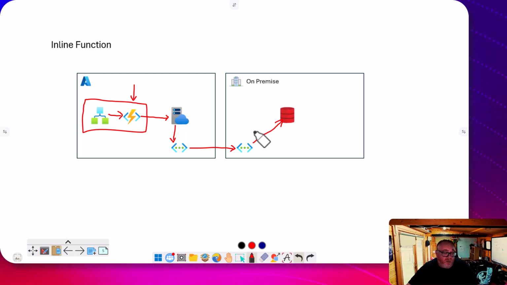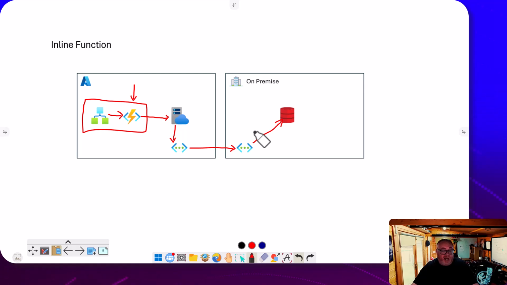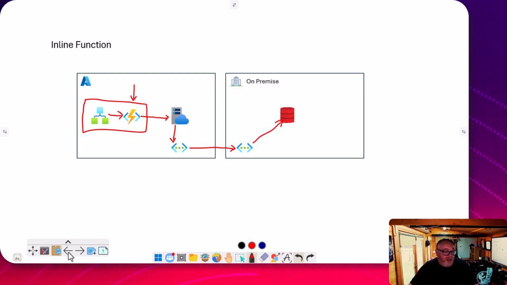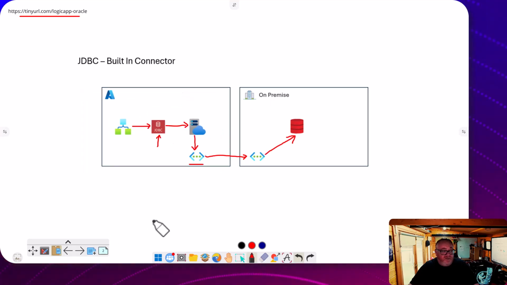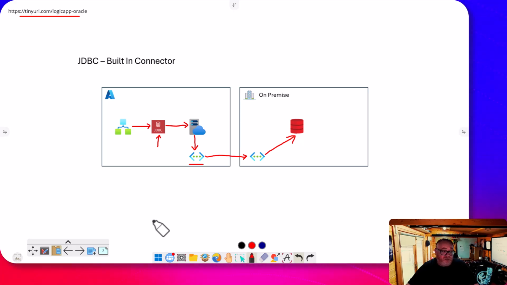The one thing you might want to watch for is there's probably some constraints around function execution that might give you a few guardrails that you have to make sure you play within. So just watch out for things like timeouts and that kind of thing that might affect what you want to do. So for me, my preferred approach is probably going to be that JDBC connector by default because it's out of the box, straightforward, simple. You will have to upload the prerequisites, but I'm sure you can do that with something like a Terraform or